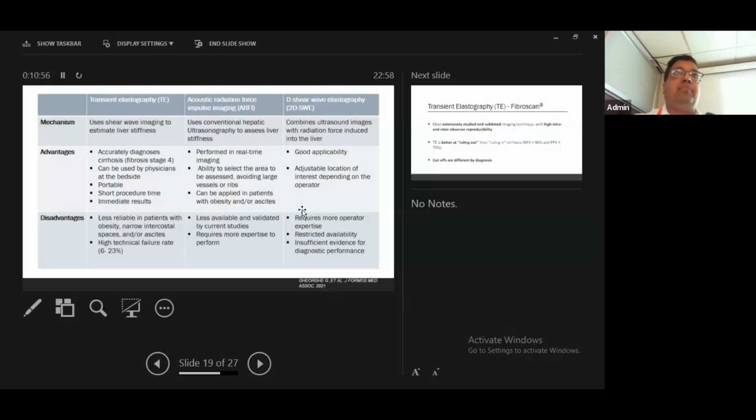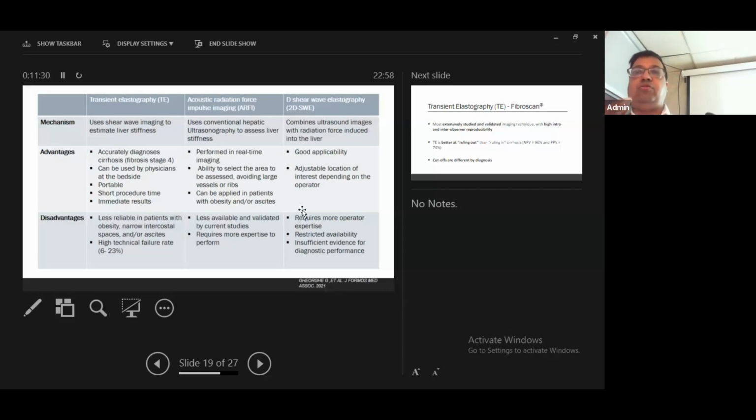But there are some problems with FibroScan. It is difficult to interpret or do FibroScan in a very obese patient, and if the patient has ascites, there is a chance of difficulty in the findings of the FibroScan. Another problem is that it is a costly machine, not available at every center, and we cannot localize the exact site by this